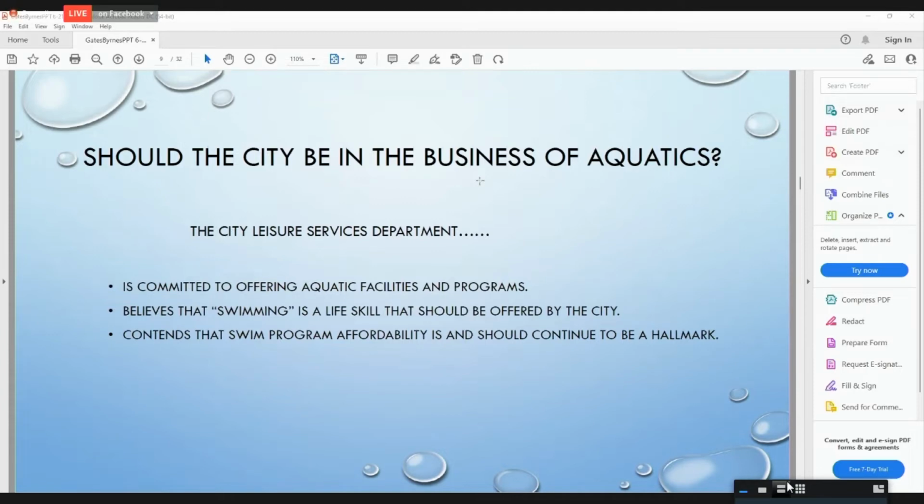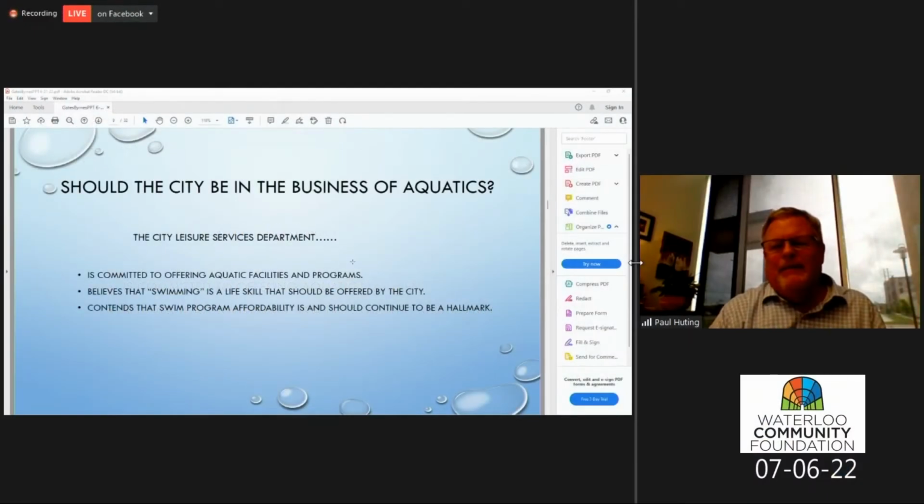One question that was looked at heavily is, should the city really be in the business of aquatics? That even came from a suggestion from one former city council member that we just coordinate with Lost Island, since they have one of the best water parks in the state or the country. And the main problem with that was that it's clear on the south end of the